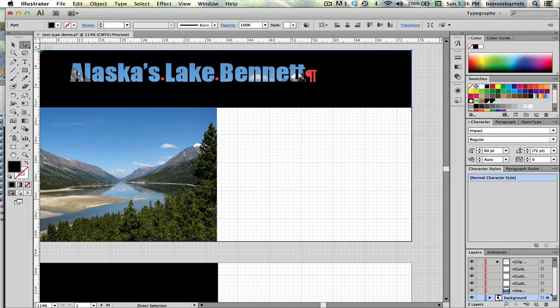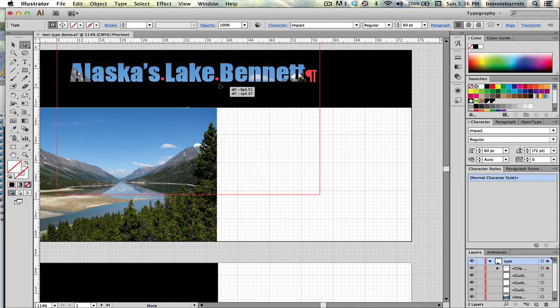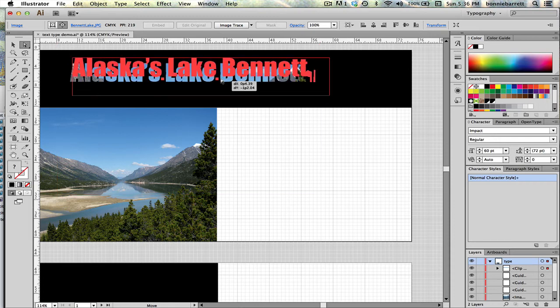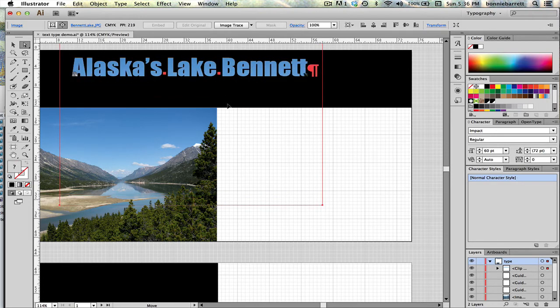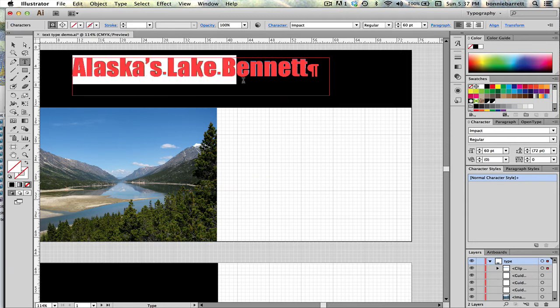The picture is still there, and I can move my type around. And if I click off and select with my direct selection tool, you can see that as I mouse over, that red box that appears shows my picture. And I can reposition the picture. Sometimes this will look good, sometimes it won't, but you can get some interesting effects this way. It's always good to use a very bold typeface when you're going to use this kind of effect,